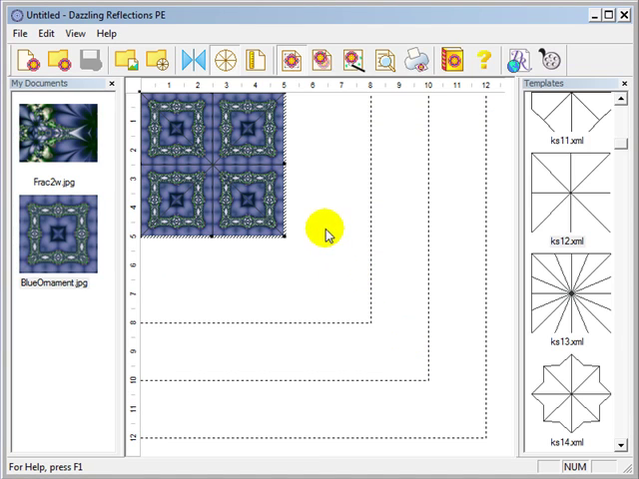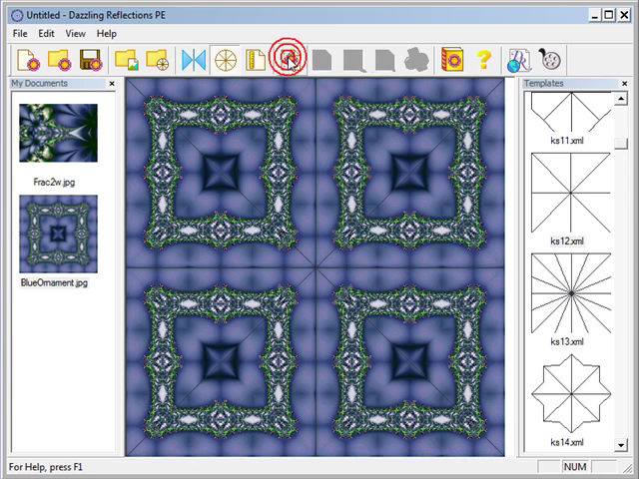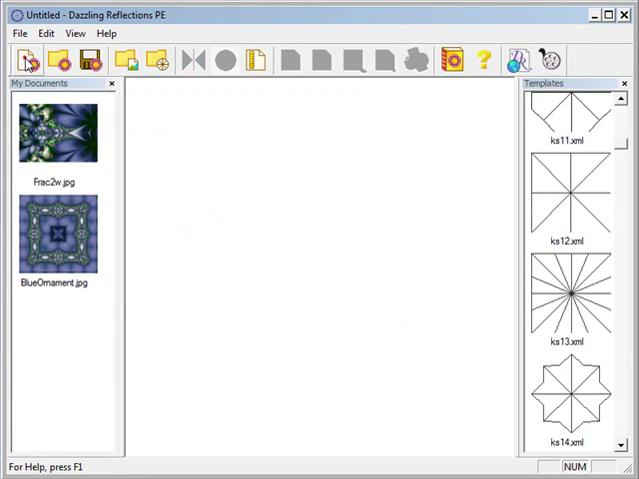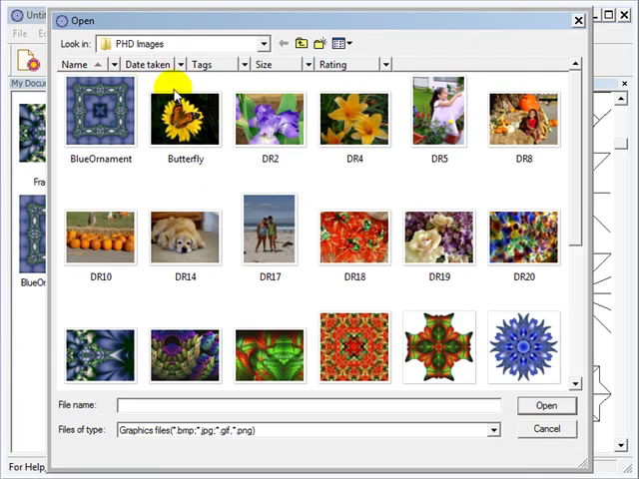Okay, let's go back to the working screen, and to do that I'll click on the printing screen icon. Now we're back in the working screen. I'm going to hit New to clear, and I'd like to show you a couple of other images that I've designed. So we're back to Import Picture,